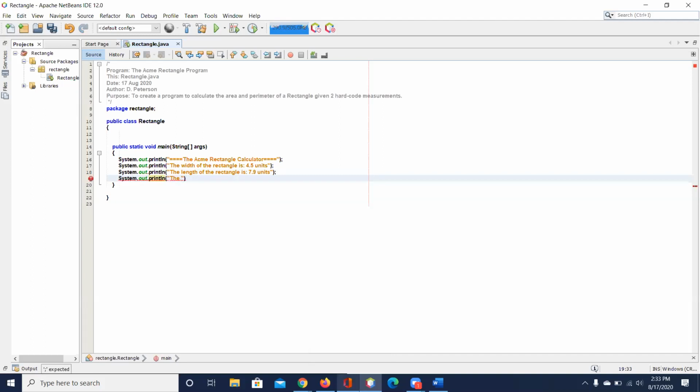The perimeter of the rectangle is, okay. Now, outside of the quotes, I'm going to put 4.5 times, an asterisk, and 7.9.